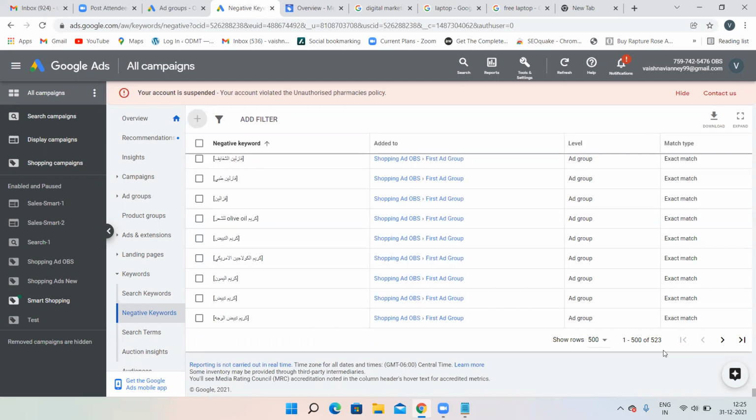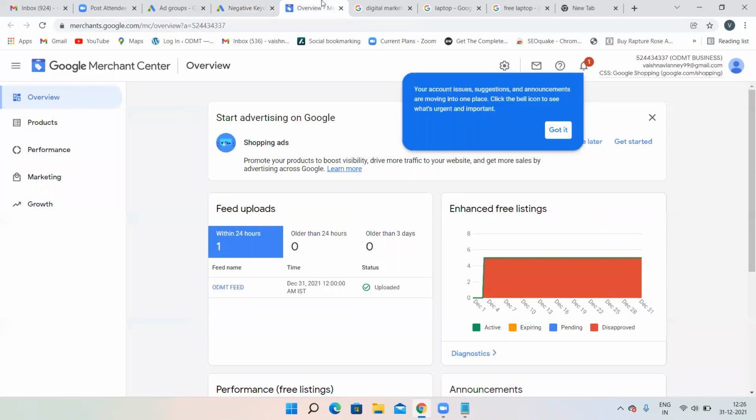That is the reason shopping ads are very cheap, but the thing is you have to turn so many keywords into negative keywords, and 50 to 60% of the time your ad is going to appear for irrelevant keywords only. You only have to create campaigns and ad groups, and keywords and ad copy will be created by Google. The most important step is to generate a feed. That means you have to set up a feed over here with the help of Google Merchant Center. How to do all those things we'll be learning in the next class. For today, this is enough, and that's it.